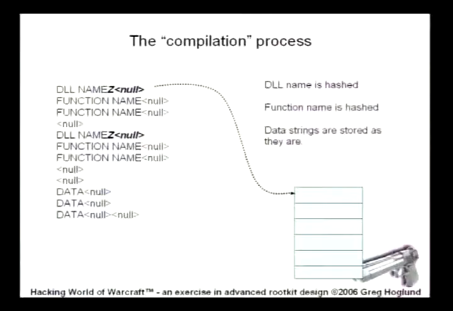The data has, for example, for functions, a DLL name followed by a special character and a null, then a series of function names that you want to load, followed by a null, next DLL, etc., up until the point you don't need any more of those, double null, now all your data strings, and then double null. Here's an example of that. That's the actual source code. Here I'm loading up output debug string, sleep, strlen,